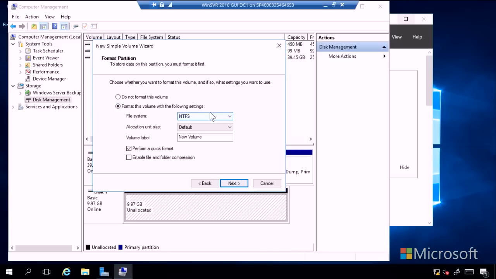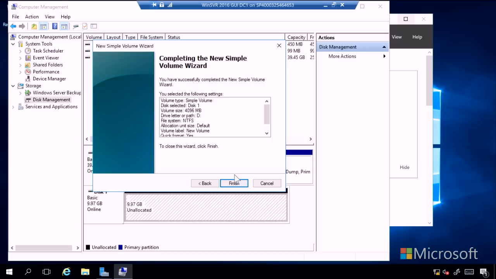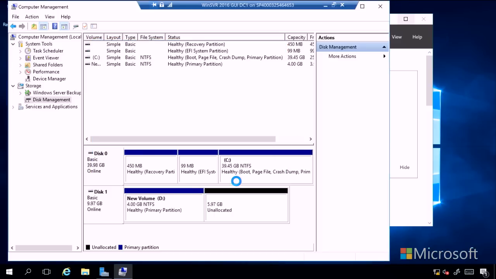Next, I want to format this either as NTFS, as FAT, or as ReFS, right? So you want to know the difference between that. I think we have a slide. We have some information coming up on that. Perform a quick format, allow for file and folder compression. I'm just going to go with all my little defaults here. Next. Finish. Now, again, this is important to know what those options are, because